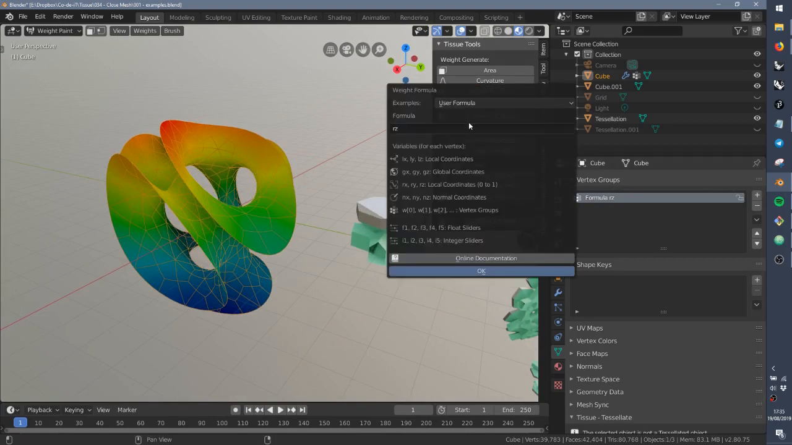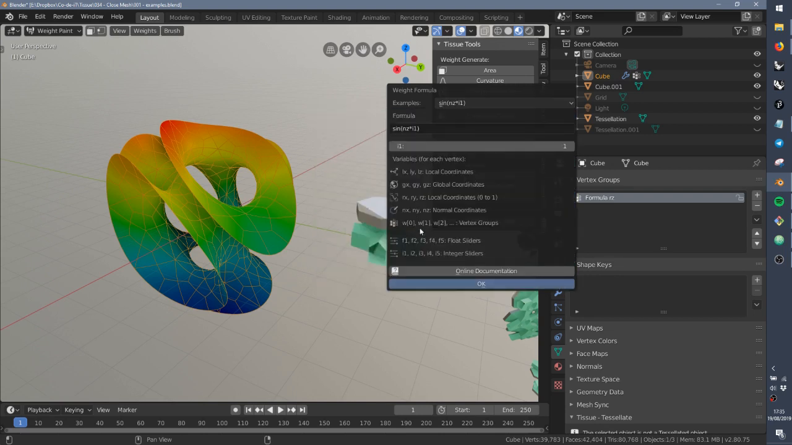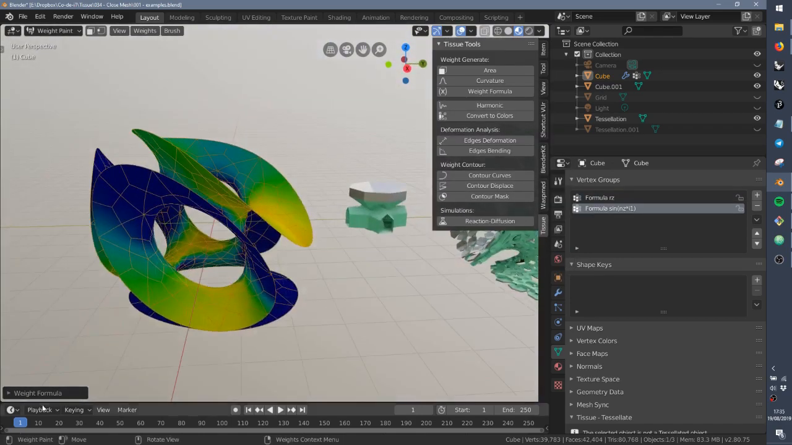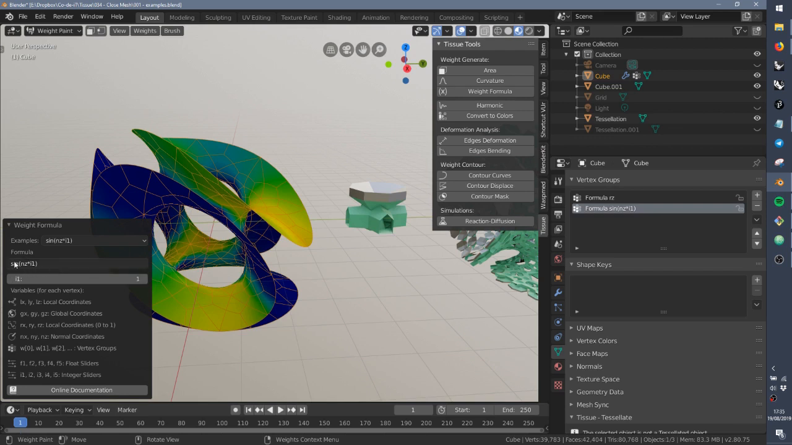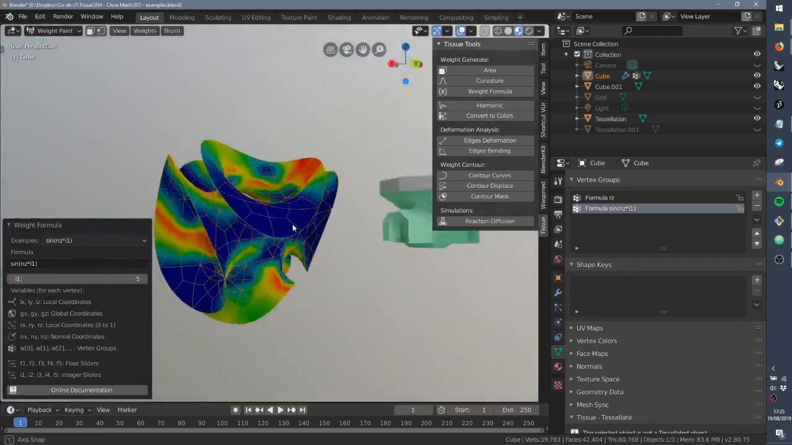You can create, of course, more complex formulas. For instance, you can check those examples. So you can create harmonic variation, and if you use some variables that are I1, that are integer sliders, or F1, F2, F3, that are floating sliders, you can add some interaction here, so you can change the parameters manually in order to see